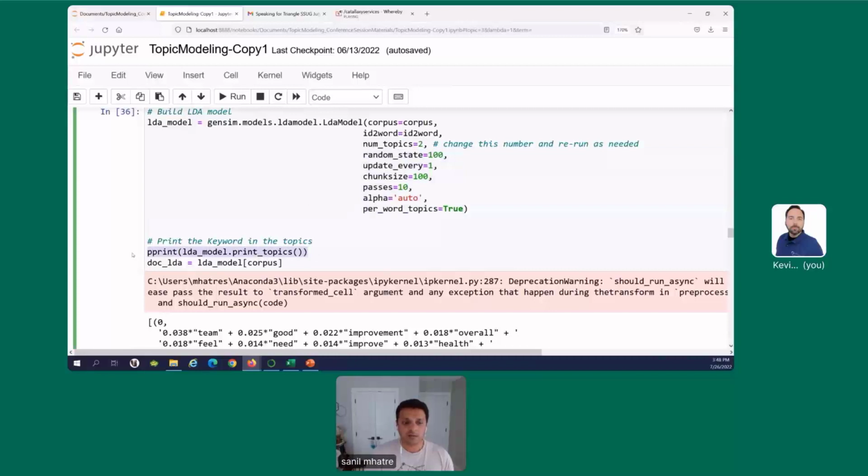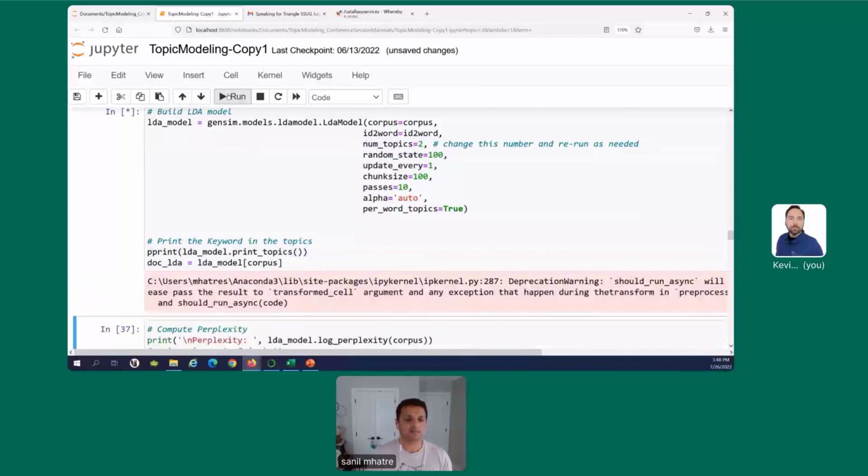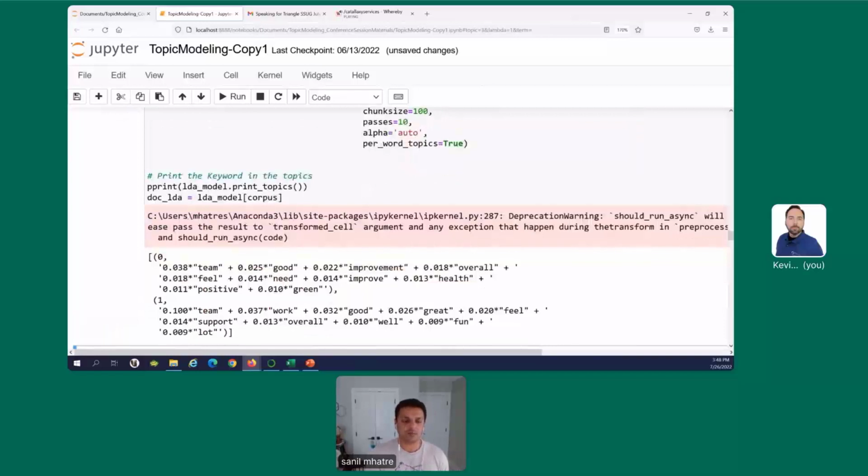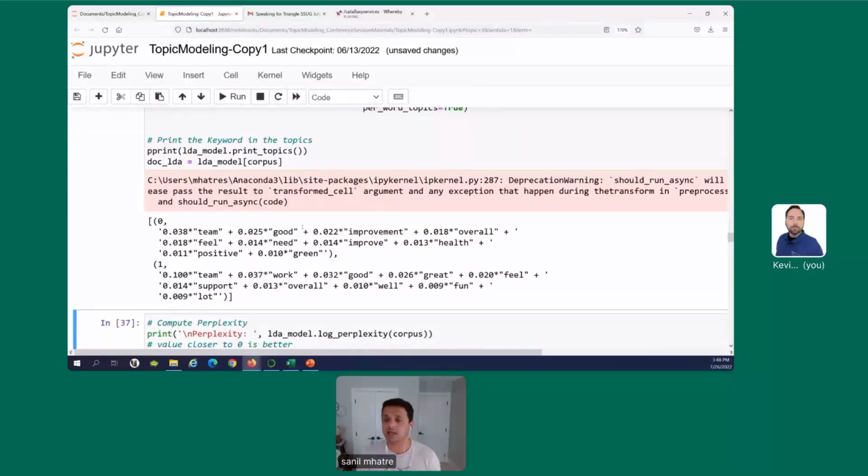I'm going to print the output of the LDA model as a part of this cell. So let's run this cell and let's see what the output looks like. We have asked the LDA model to generate two topics. It's doing exactly that. Topic number 0 and topic number 1.